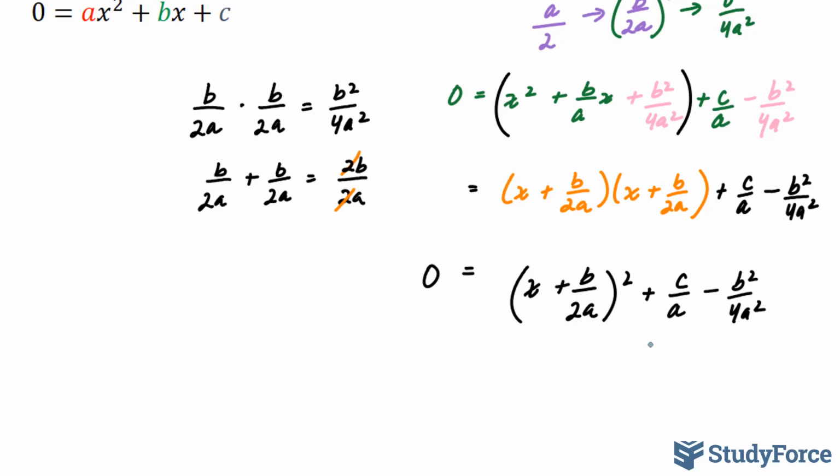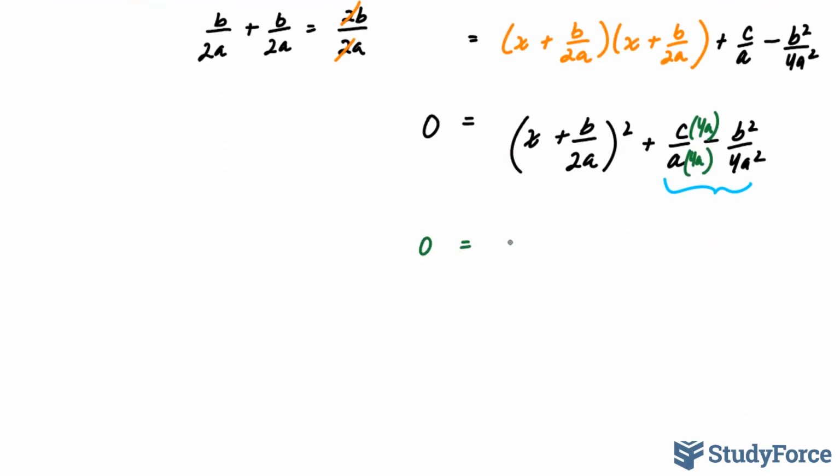Now to make life easier, I'm going to combine these 2 terms, and to combine these 2 fractions, I need to find a common denominator. Notice that the denominators are not the same. To make this a into 4a squared, I'm going to multiply the bottom of this term by 4a, and what you do to the bottom, you do to the top. Which leads me to